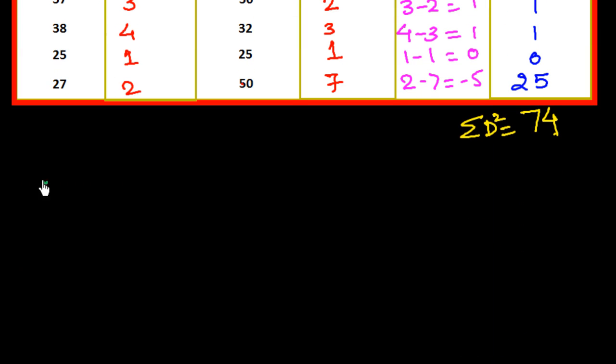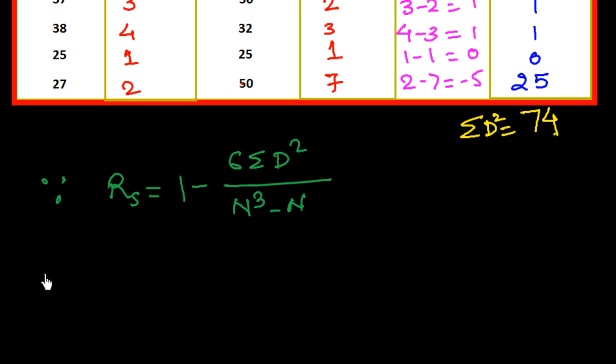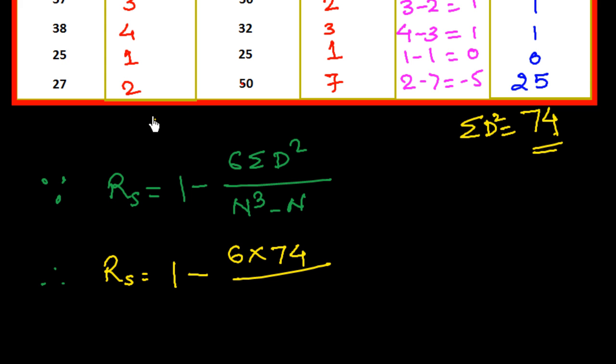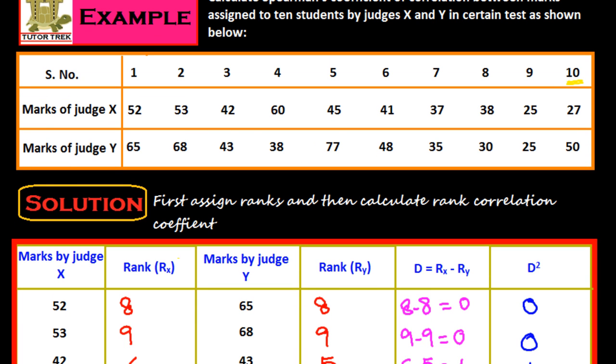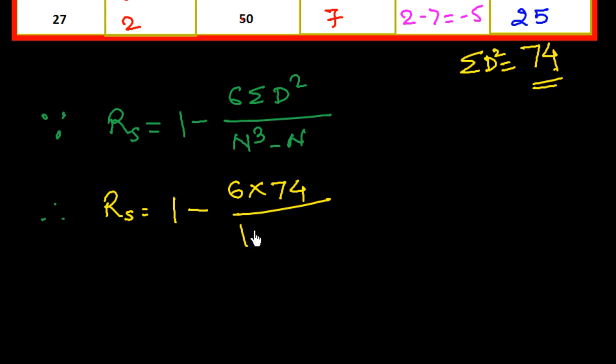Now we know the formula, because we know that rho is equal to 1 minus 6 summation of d square over n cube minus n. So we will write down the values here. R is equal to 1 minus 6 into summation of d square, we have 74, and n is the total number of observations, we have 10. Here you look, these are the 10 observations, 1 to 10. So we write down here 10 cube minus 10. So it is 1 minus 6 times 74, which is 444,